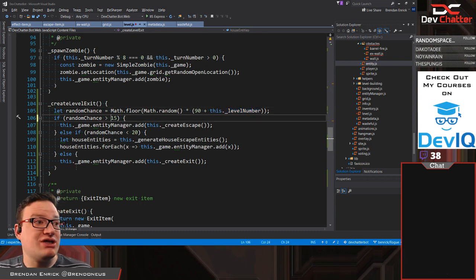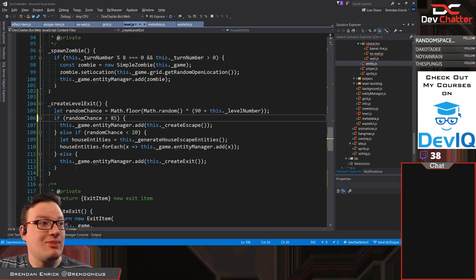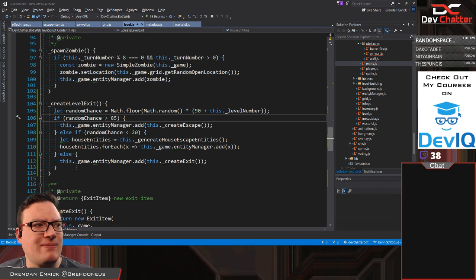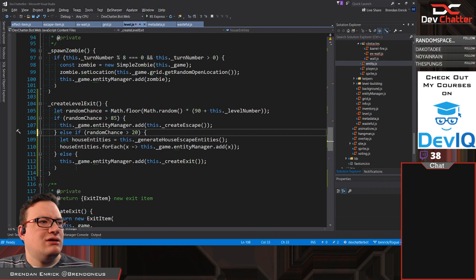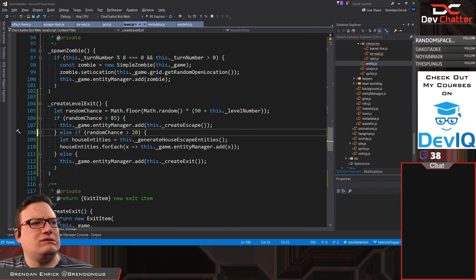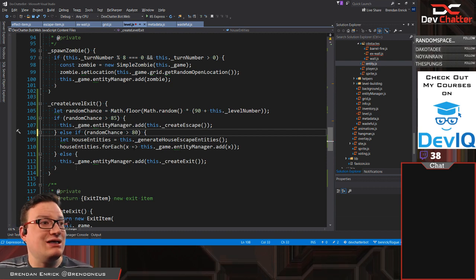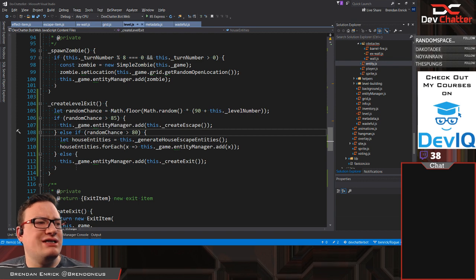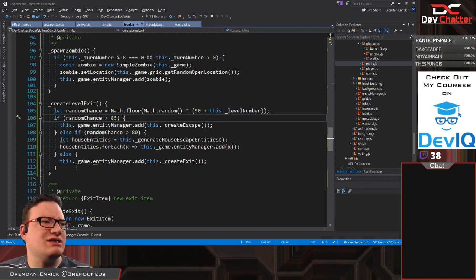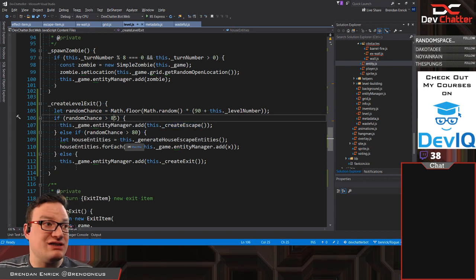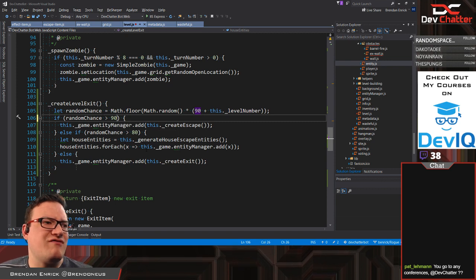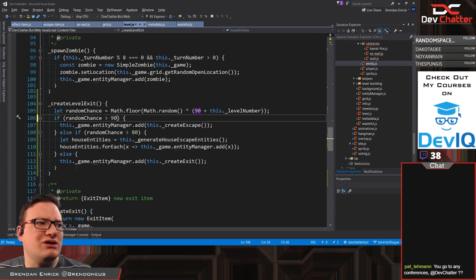Let's say if random chance was greater than 85. Uh, 80. So chance of getting an escape increases, and this is a helicopter escape. So actually I want to reduce the chances of a helicopter escape. I think we're going to do 90 and 80, so it's going to be half and half whether you find a house or a